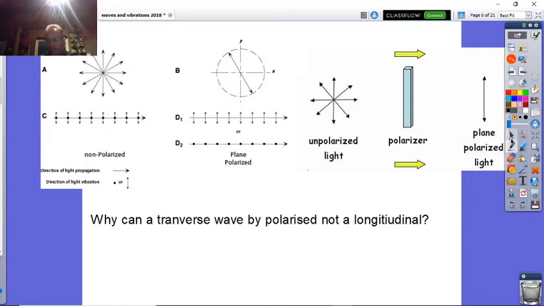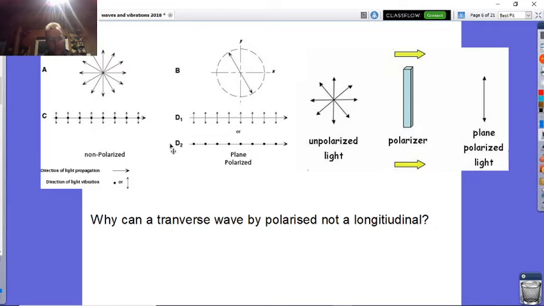The interesting thing comes in here, which is all about polarization. Because if we go back to the electromagnetic wave, the main part of the electromagnetic wave that interacts with substances is really the electric field. The magnetic field doesn't do much. The electric field makes electrons move up and down in substances. So what it does, it transfers the energy. But what we could have is unpolarized light. So imagine at one stage the electromagnetic wave is going up and down like that. Then it goes like this, and then like that, and it can keep changing its direction. And what you can do is polarize it so it only